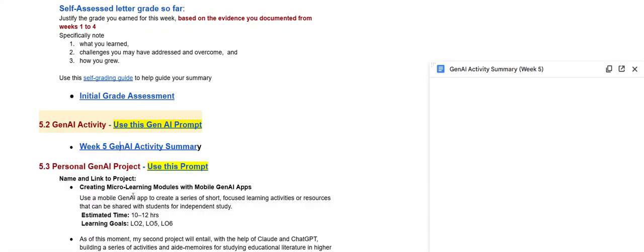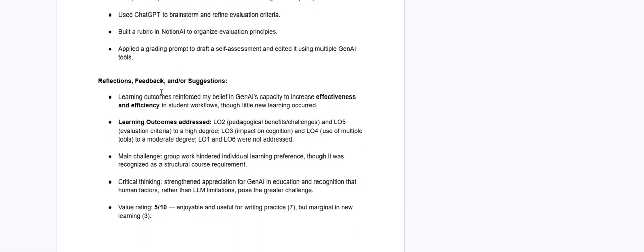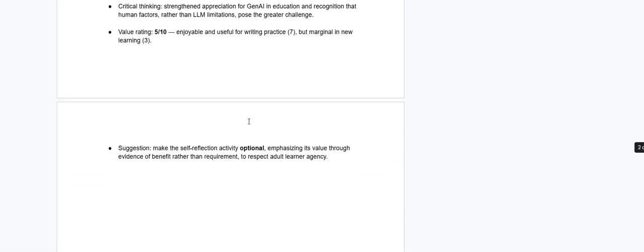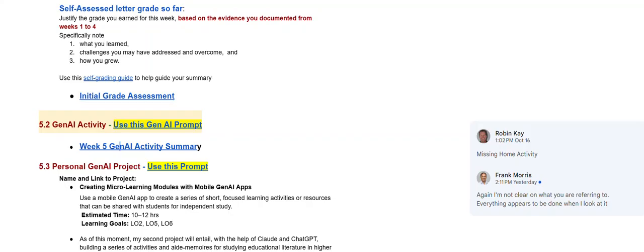So if I click on this and I open it up, and maybe I'm missing something because it's in a tab. I don't think so, though. What you've done is you provided a summary of what you did. And this looks like exploring evaluation frameworks, Magic School. Okay, so that's fine. However, if we go to